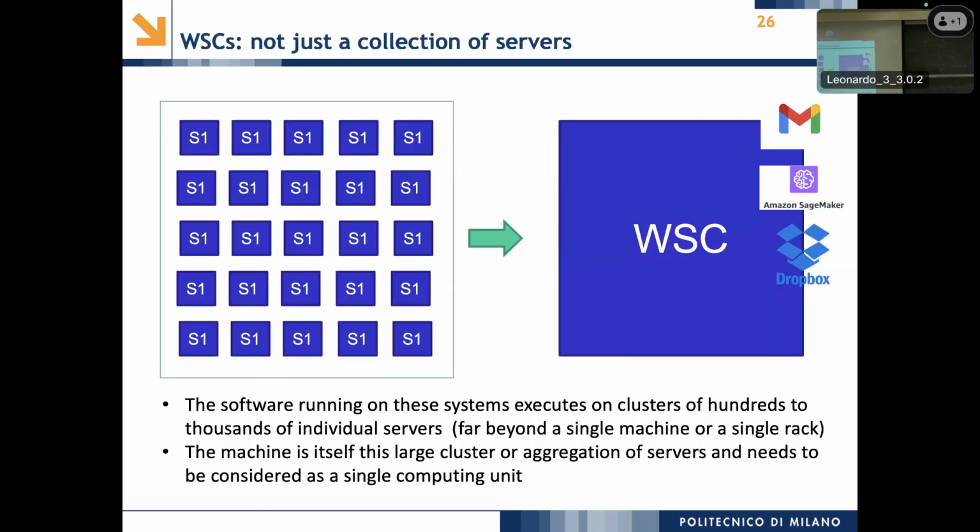Okay, so if we really look at this system, we should see this warehouse scale computer as a single system itself. The software allows you to see the full data center as a single machine. With the same software, you manage multiple nodes as if they were a single system. That's also the same path that has been taken with MapReduce and Spark.